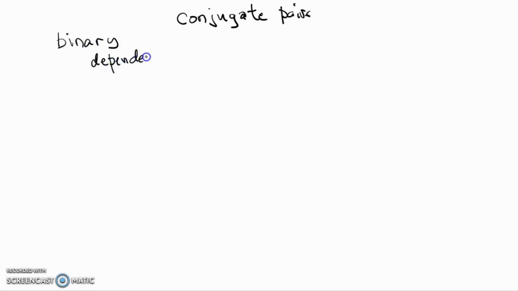So the purpose of this video is to explain the very important concept of conjugate pairs. And we're going to use an example where we've got a binary dependent variable, and it's going to be based on coin flips. We're going to take the example from